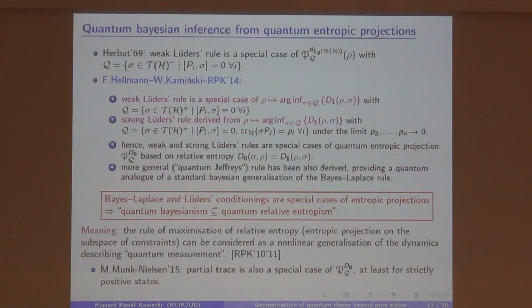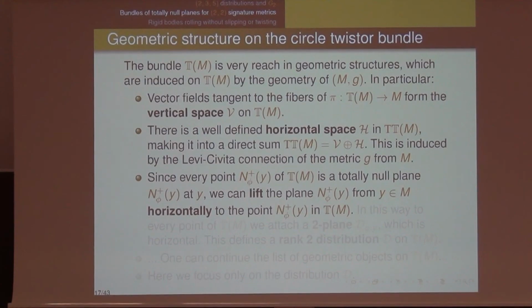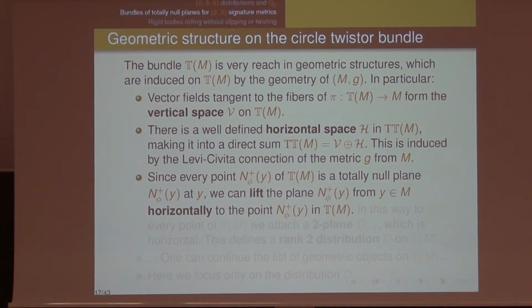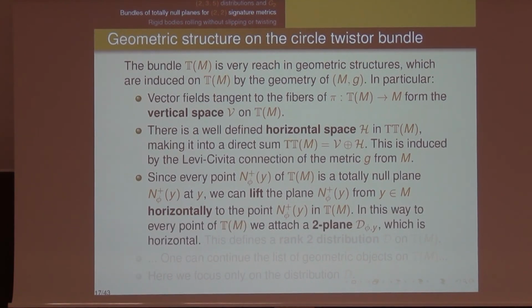But at this point, I have a horizontal space. So I can take this two-plane corresponding to this point and lift it horizontally to its point. In this way, at every point of this twistor bundle, I will have a two-plane. So I will have a 5-dimensional manifold with a two-plane associated to every point. Okay? So this defines a rank 2 distribution